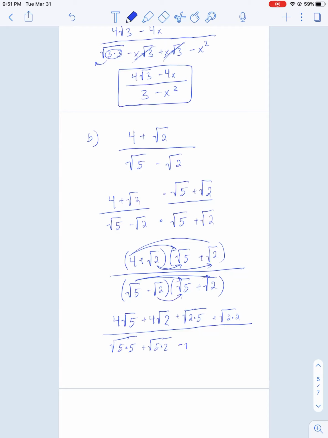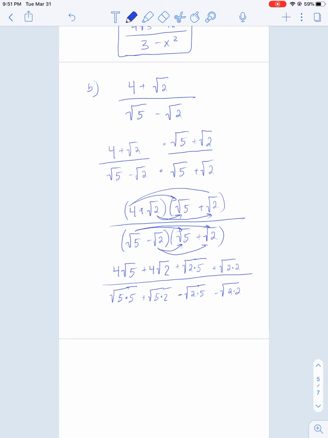A negative and a positive, right? Gives us a negative there. A negative and a positive also gives us a negative. The bottom, we're multiplying radicals everywhere, so we have all radical symbols there, right? Okay, let's continue on. Let's take a look here. What happens? The top, we can't do anything, we multiply those, and we can pull that out. So we're left with 4 square root of 5 plus a 4 square root of 2 plus a square root of 10 plus 2